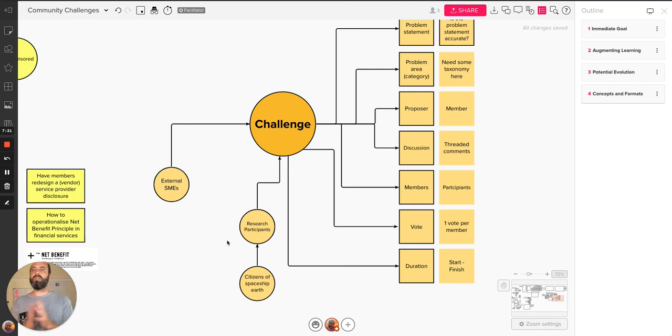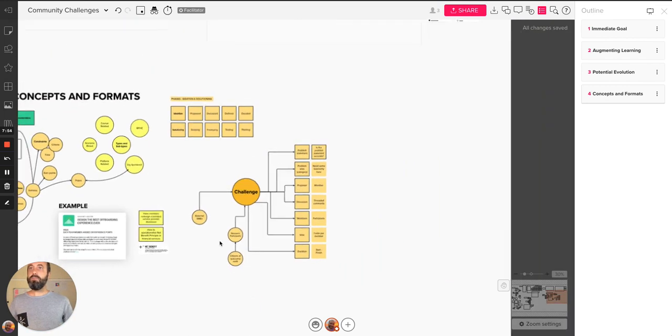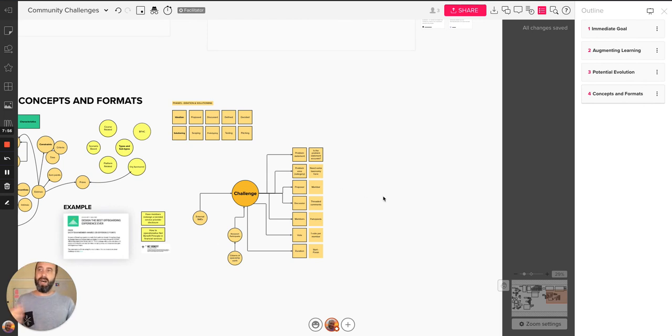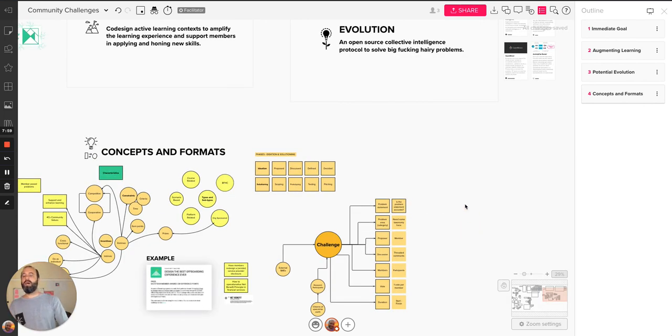So that's an overview. What's going to happen next is this is opened up as an abstract concept for us to work through as a community, and we'll be taking all the input and looking to co-design a minimum viable experience that is focused on that immediate goal. So that is a quick overview of us working on co-designing community challenges as these active learning contexts for the community. Looking forward to input,